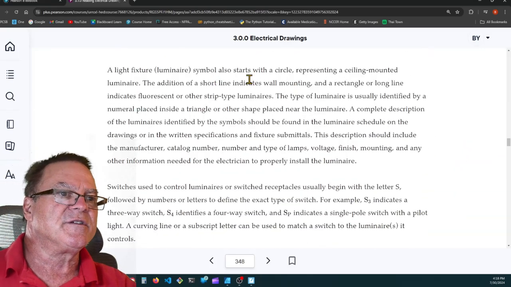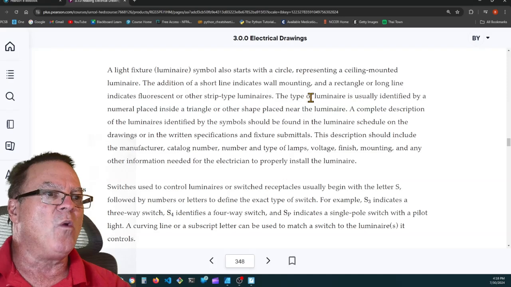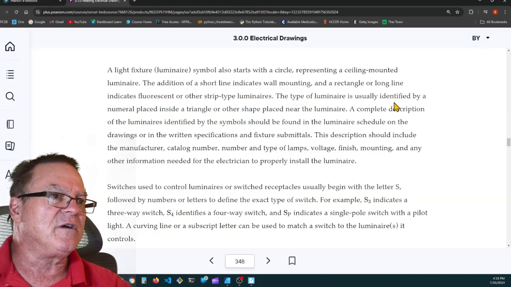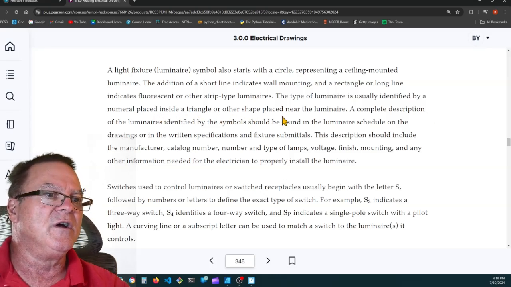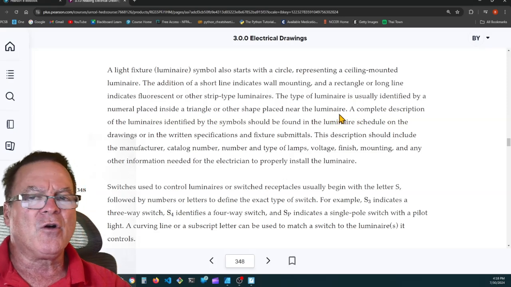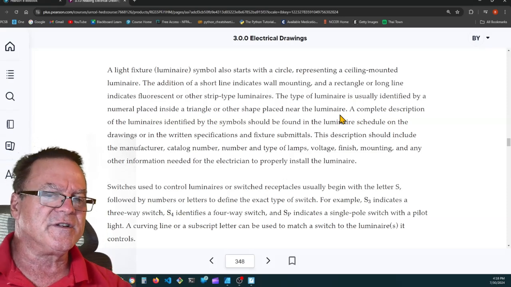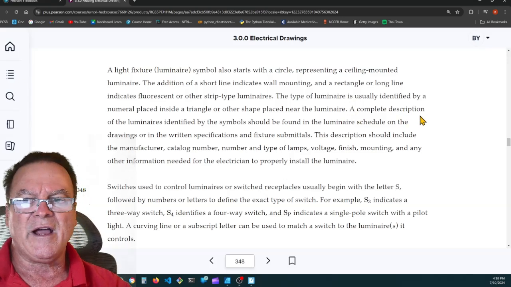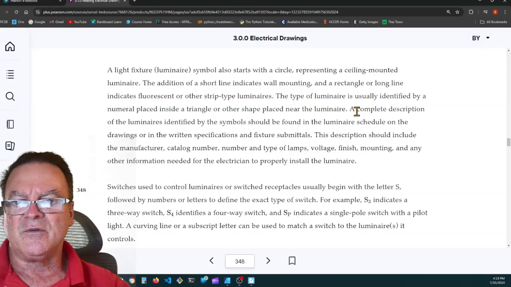A light fixture, luminaire symbol, also starts with a circle representing a ceiling-mounted luminaire. The addition of a short line indicates wall mounting, and a rectangle or long line indicates fluorescent or other strip-type luminaires. The type of luminaire is usually defined by the numeral placed inside a triangle or other shape placed near the luminaire. They'll call it out on the fixture schedule. You can have drawings on the reflected ceiling print, and then each one of these luminaires will have some kind of a number by it, and it'll tell you in more detail in the lighting outlet